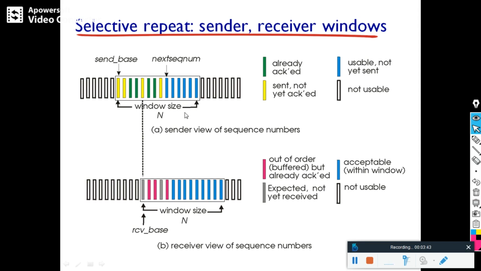In selective repeat, one thing you have to remember: when the sender sends each packet, it logically starts a timer. In the case of Go-Back-N, only the base packet starts the timer, but here it is not like that. Logically, every packet has a timer, because if a particular packet times out, it will send only that packet. But in Go-Back-N, when the base packet times out, it sends the entire set of unacknowledged packets in that window. That is the difference between selective repeat and Go-Back-N.